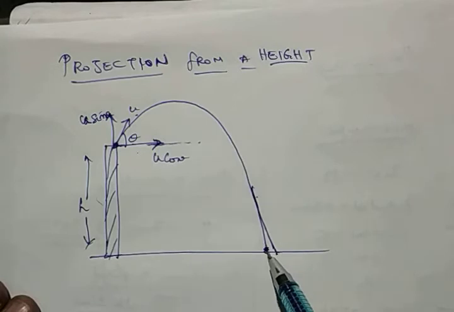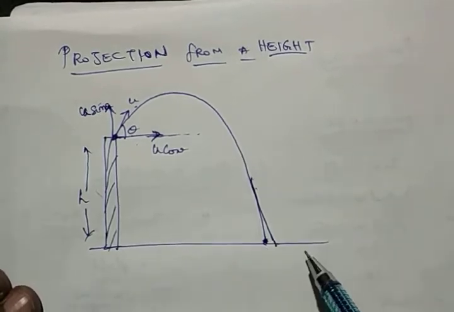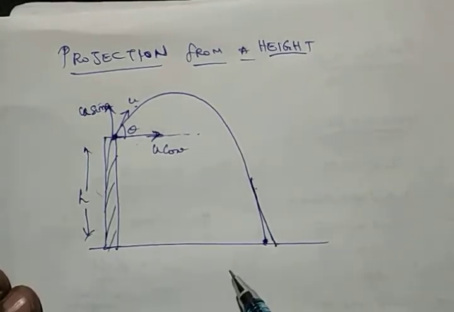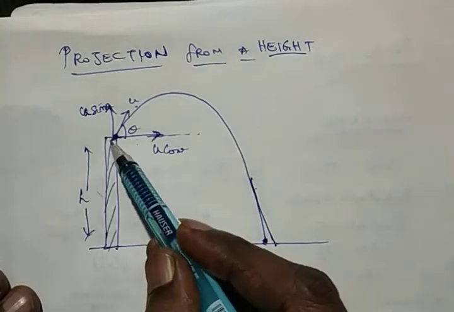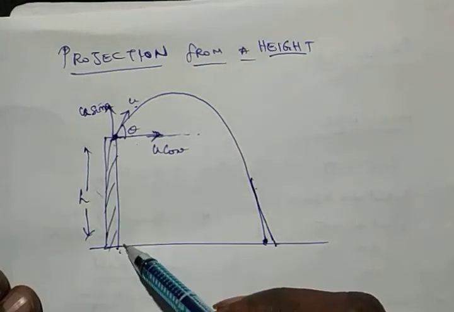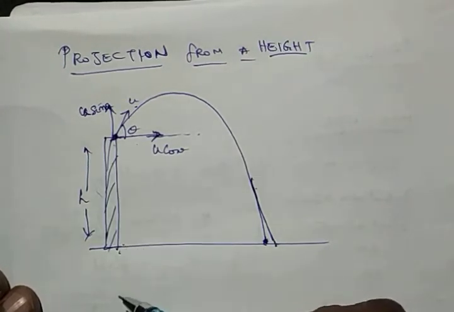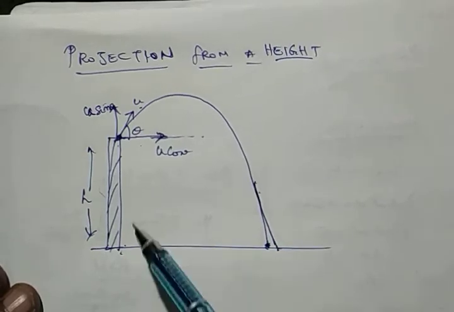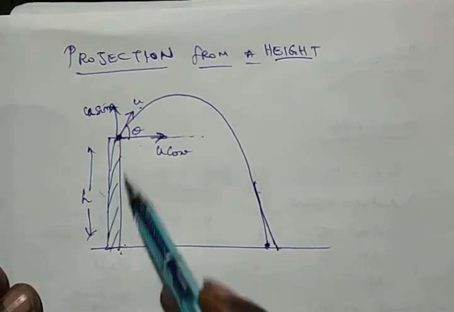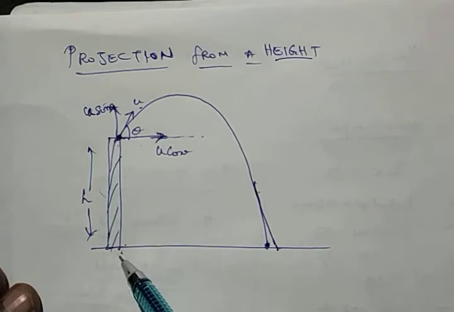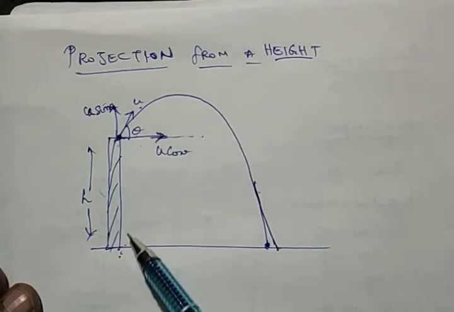Now we are not going to go through the entire derivation. We are just going to see how much will be the height from which it is going to come down, as well as the time of flight. The first thing is, when this is going to come down from here, dropping down, remember the time